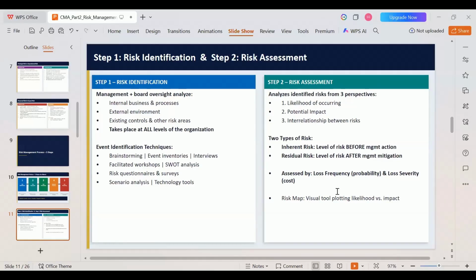Perfect, fire accidents. So that is inherent risk. Due to the very nature of that business, this risk is present. Obviously, in the firecrackers industry, they will be facing this fire accidents issue. That is their inherent risk. Now, what does this company do? They will go and buy a fire insurance.